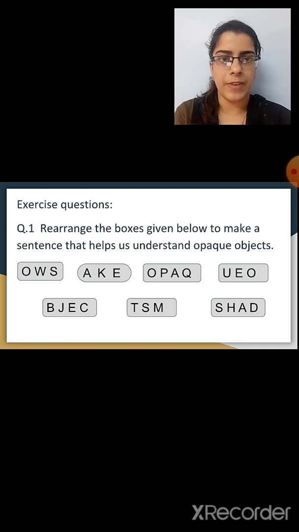Are you able to frame the sentence? So what is the sentence? Opaque objects make shadows. I hope you are able to make the sentence.